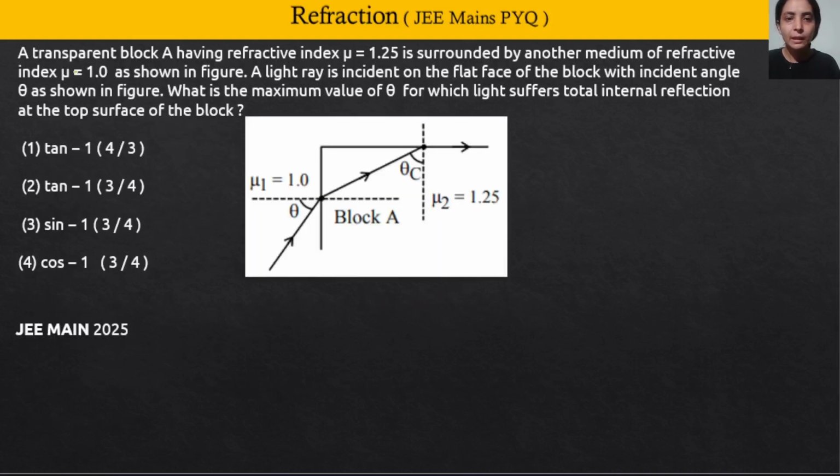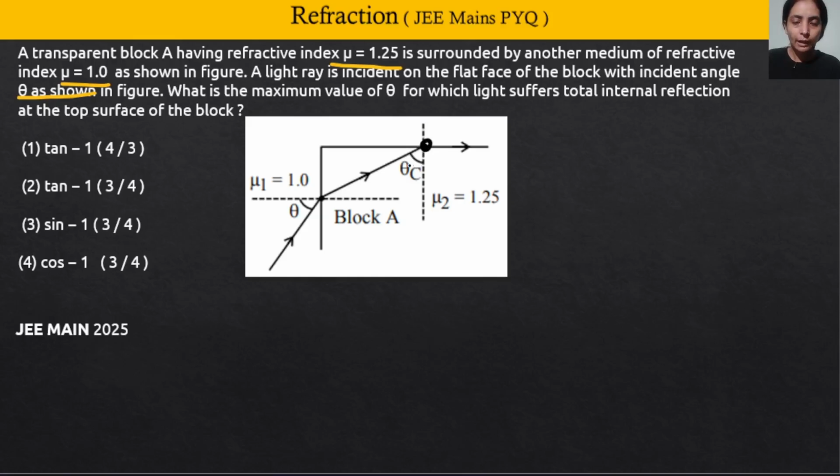Now let us move to second question. A transparent block A having refractive index 1.25 is surrounded by another medium of refractive index 1. So यहाँ पे देखो एक और मीडिया है, I mean there is a block which is kept in a surrounding of refractive index 1. A light ray is incident on the flat face of block with incident angle theta as shown in the diagram. What is the maximum value of theta for which light suffers total internal reflection at the top surface of the block? So I mean theta का range क्या होना चाहिए, so that इस surface पे यहाँ पे light total internal reflection suffer करे,